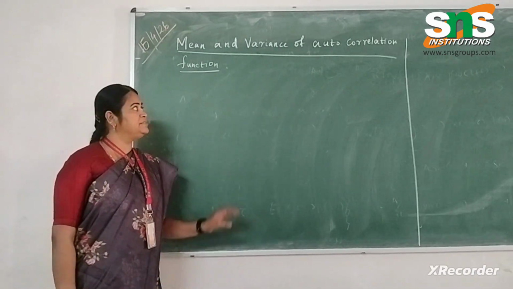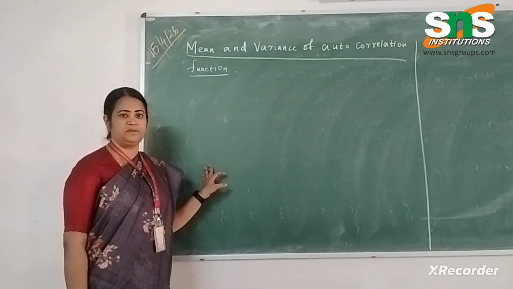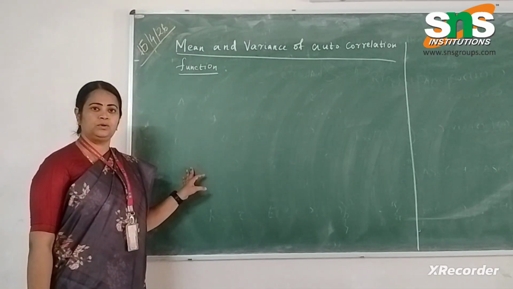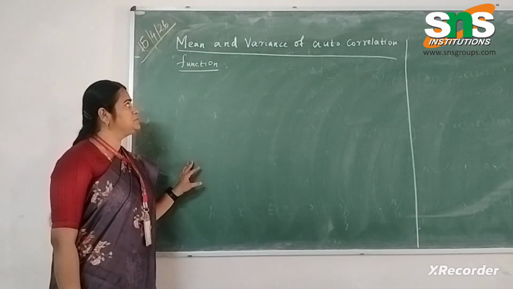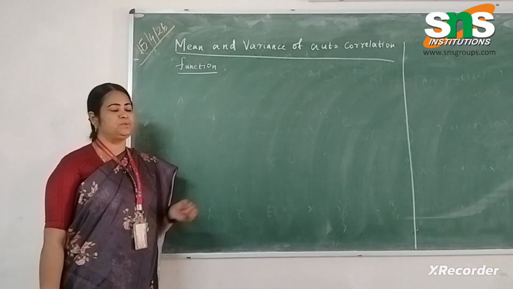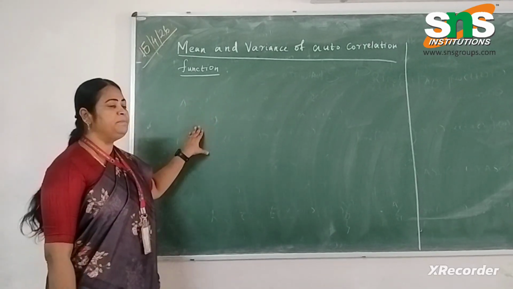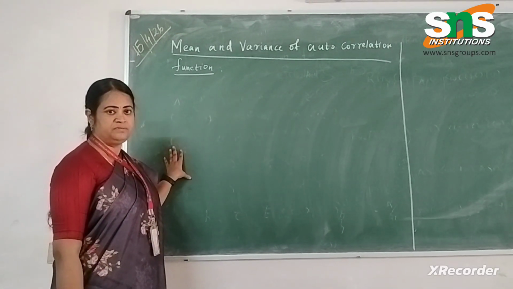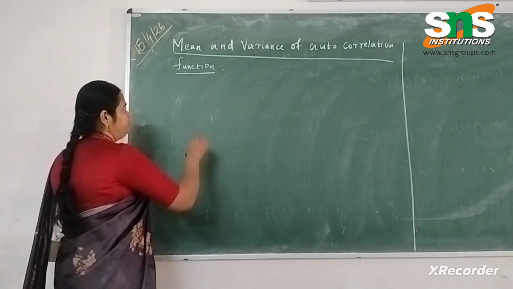In the previous class we discussed the definition of the autocorrelation function and the formula for finding autocorrelation. In this class we are going to see some properties. The first one is how we are going to find the mean and variance of the autocorrelation function. This is given by,